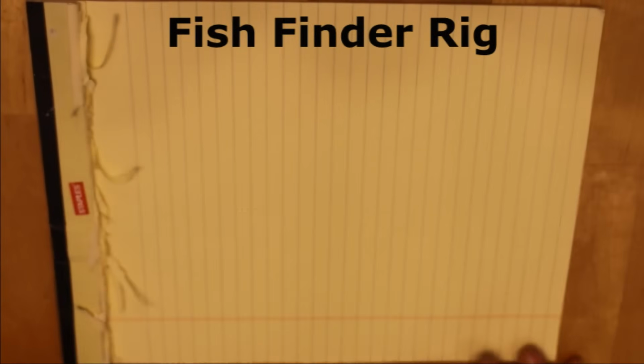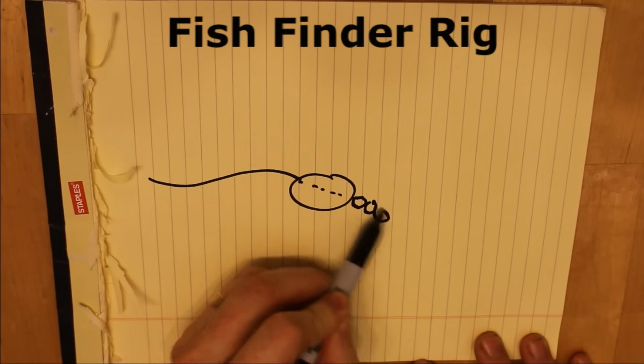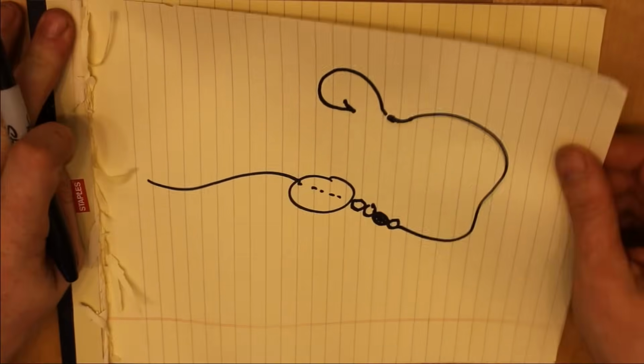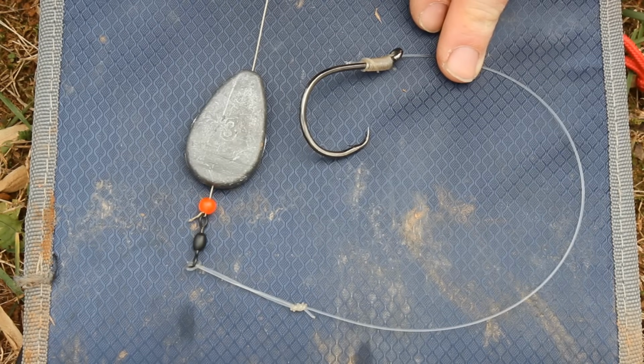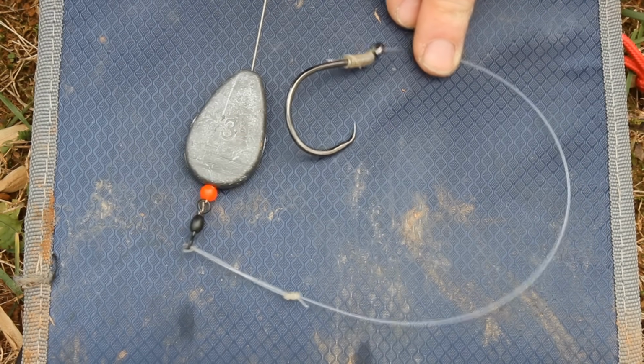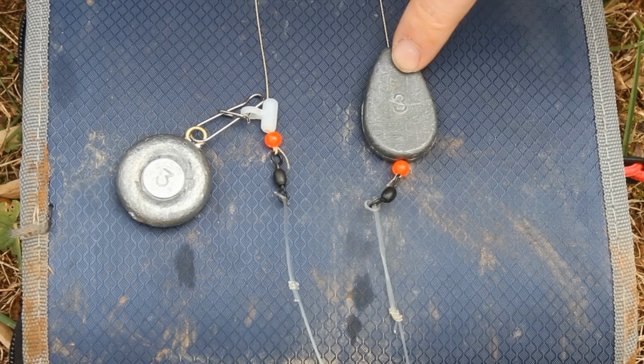The fish finder rig is the rig I use the most, and it's the rig I use in most situations where I want to fish on the bottom. It's simply a lead that slides on the main line, a bead, a swivel, a leader, and a hook. You can use flat no-roll inline leads like this. You can use egg sinkers, or you can attach a slider,